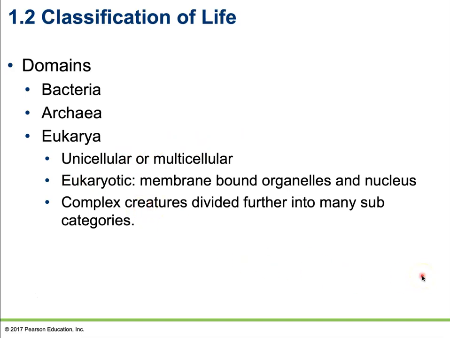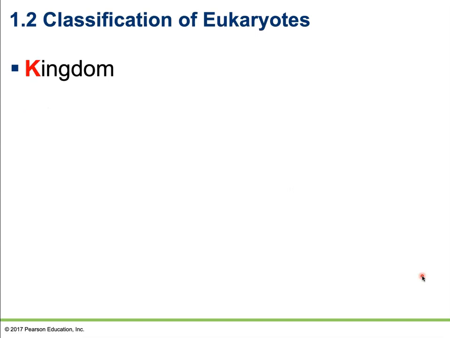Now, the Eukarya are going to actually be very complex creatures. And because of this, these contain all the other categories that we recognize as life forms. We're going to have to divide these further into subcategories. So we're going to take this complex domain Eukarya and we're going to break it down a little bit further to help us explain the relationships and the classifications of these organisms. Before we break that down any further, I do want to talk about our classification process.